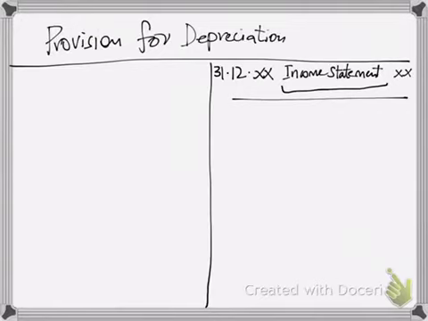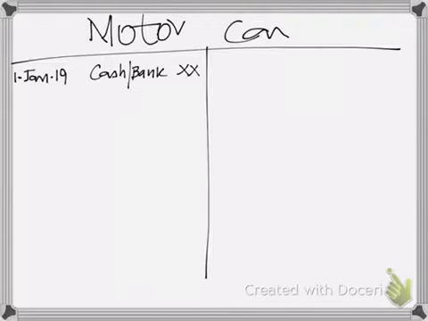Now when you record depreciation, in questions that you attempt, you might also be asked to make a T account for the asset that you have, right? So the asset T account is very simple. You already know about it. I will just show you an example of an asset account as well. So this is how you make an asset account. Obviously I've taken an example of a motor car.